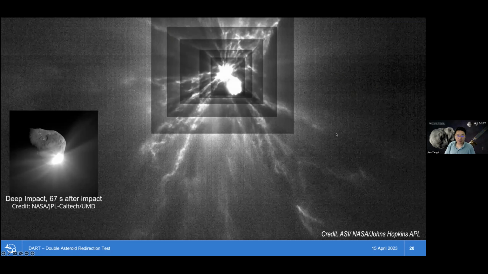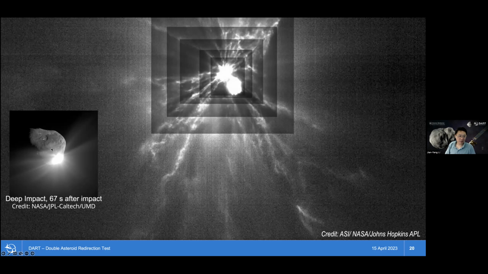And this image is a composite of a few images taken at different ranges. So basically, we are trying to put them together in order to see the features at different distances with different brightness. And we call this the space spider. It looks like a spider, right? The saturated Didymos and Dimorphos and ejecta cone. And then there are the ejecta rays coming out from the center. And then there's all the features in it.